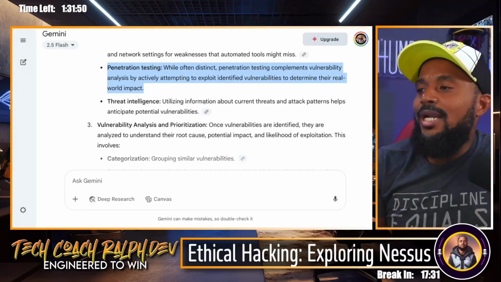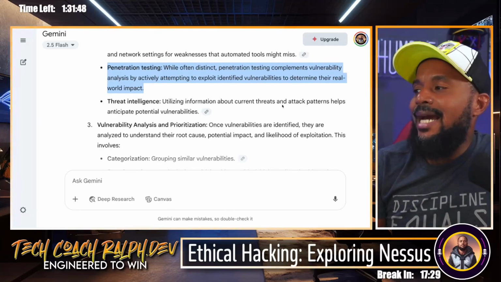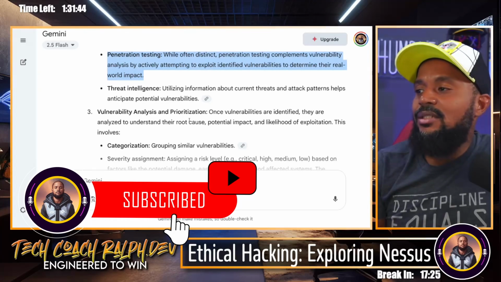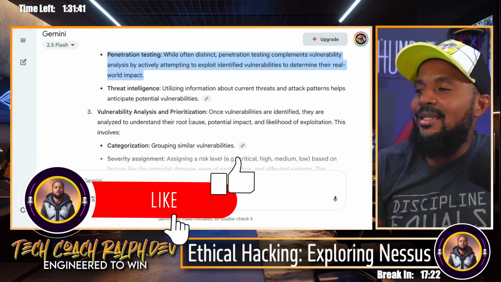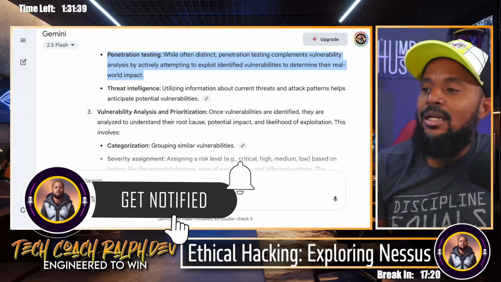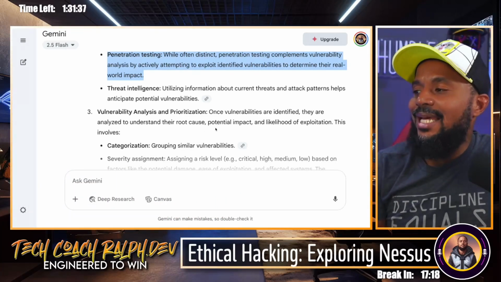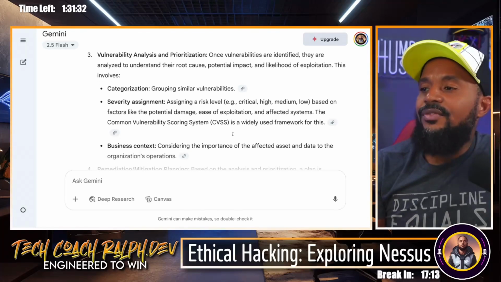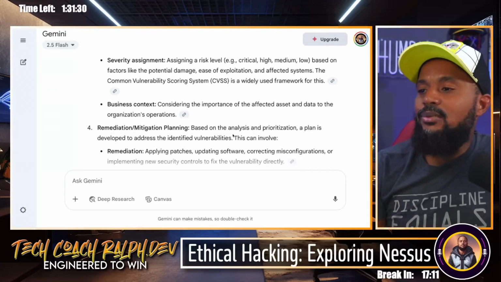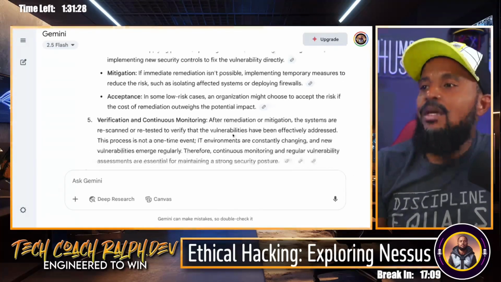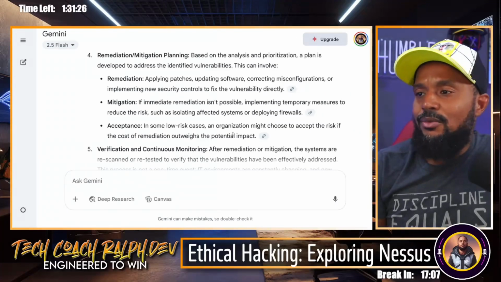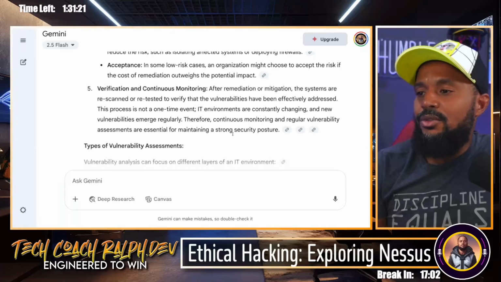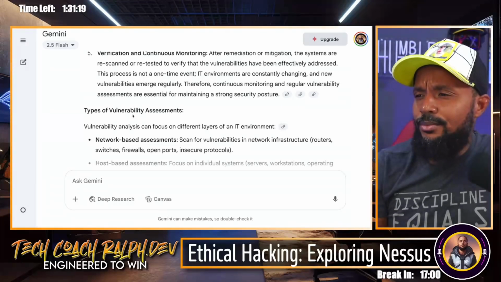Threat intelligence: utilizing information about current threats and attack patterns helps anticipate potential vulnerabilities. Vulnerability analysis and prioritization: once vulnerabilities are identified, they are analyzed to understand their root cause, potential impact, and likelihood of exploitation. This involves categorization, severity assignment, business context, remediation, and mitigation planning. So it breaks down what remediation is, what mitigation is, what acceptance is, verification and continuous monitoring, types of vulnerability assessments,